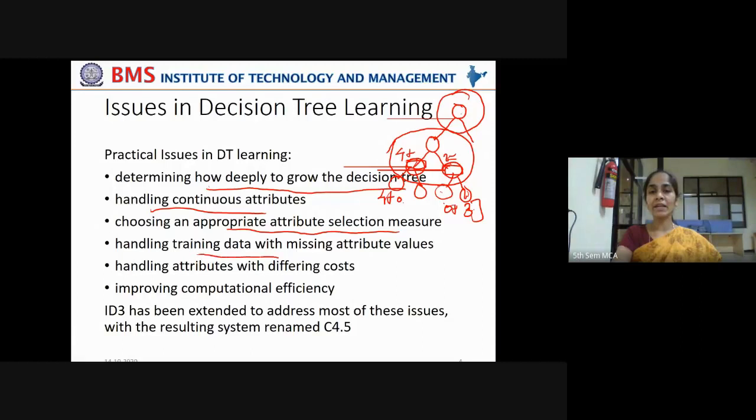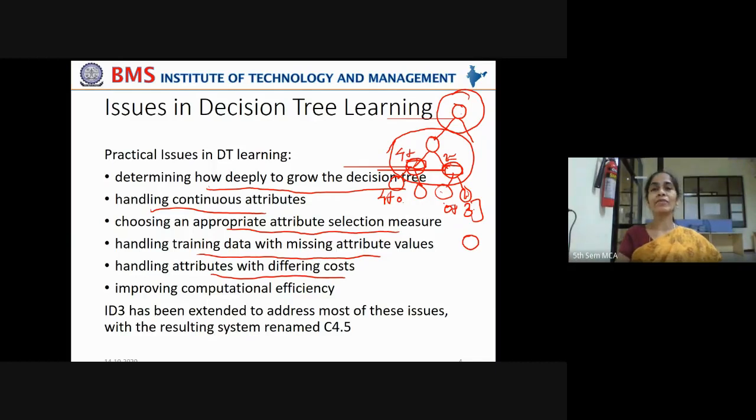Now, handling training data with missing attribute values. If the training data doesn't have some attribute values, say the weight of a person is given as 0, or the phone number of a person is given as 0, the value is missing. In that case, how to categorize that particular training example? If the split point taken is weight, and the weight of that person is not known, then how to put him in this category or in no category, or in the greater than 50 kgs category or the lesser than 50 kgs category? How can you handle that data? That is another issue.